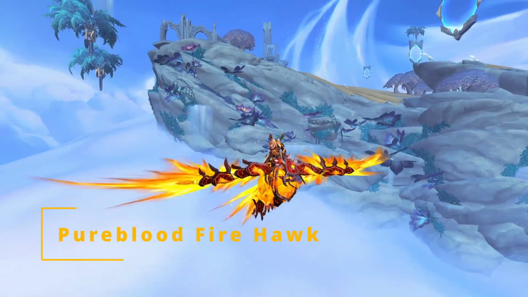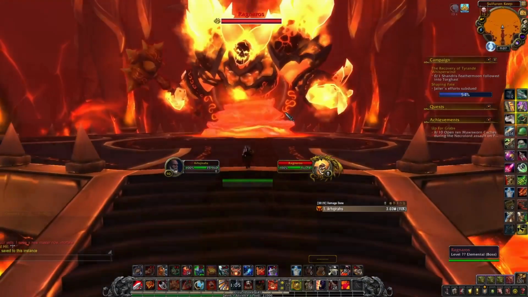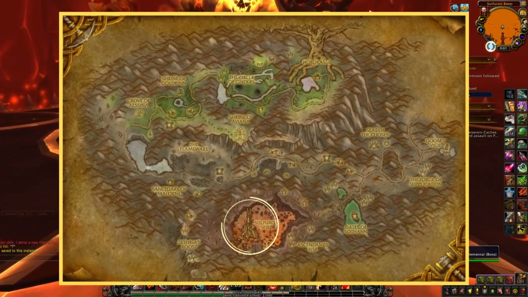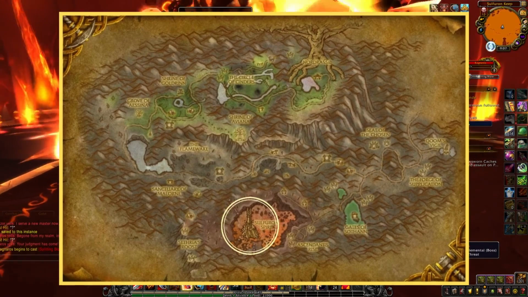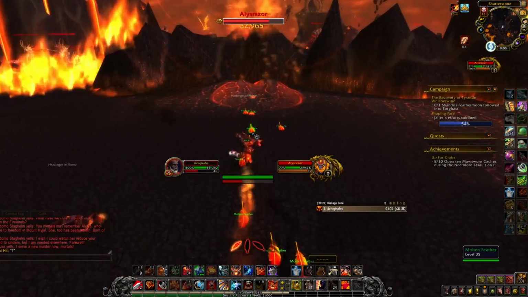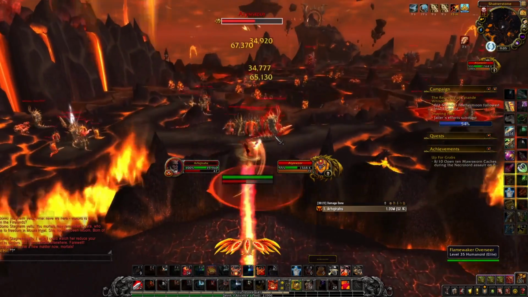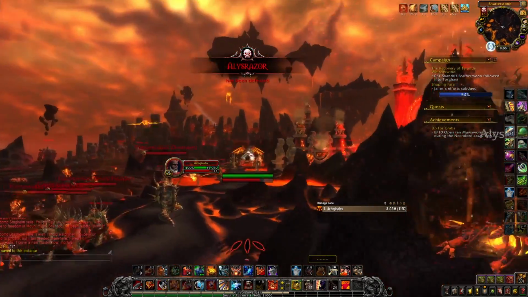Next up, we have the Pureblood Firehawk. This one drops from Ragnaros in Firelands, which is located in Mount Hyjal in Kalimdor at this location. Ragnaros is the last boss, so to reach him fast, you can use this hidden skip where you engage Elystrasaur, wait for 3 feathers to drop, pick them up, gain the ability to fly, one-shot Elystrasaur and fly this specific